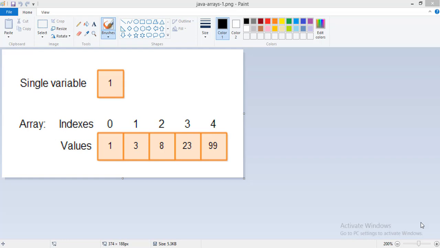So what happens is, if I want to store one data, I can use a variable, that's a single variable. But if I want to store more than one, for example, I have a class of 60 students and I want to store marks of 60 people, I cannot sit and make 60 variables. That is very time consuming. Therefore I will use one array. So it will make one big box within which I can store 60 different values.